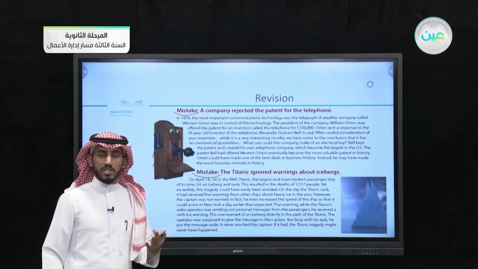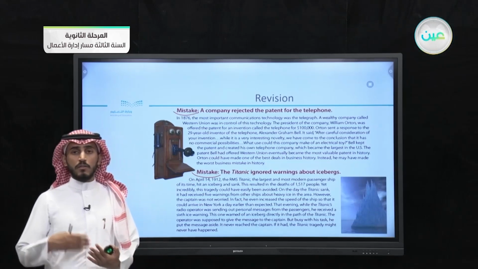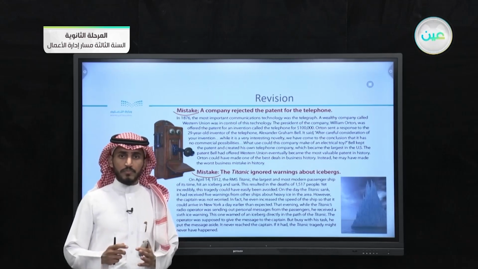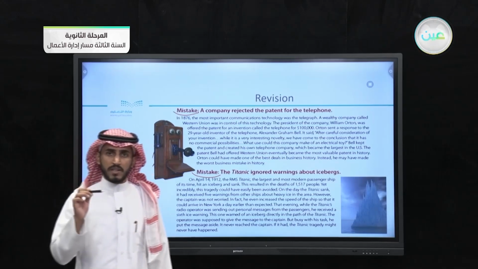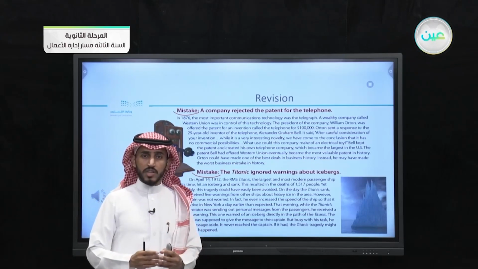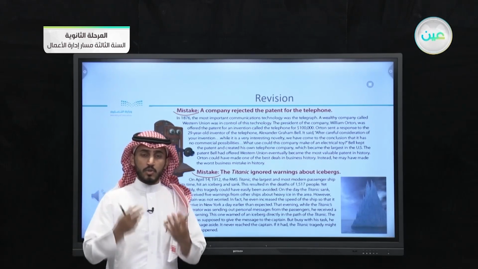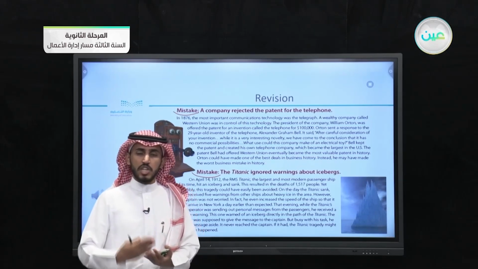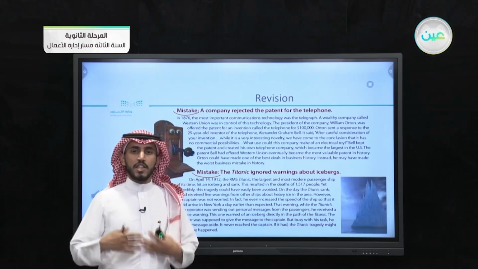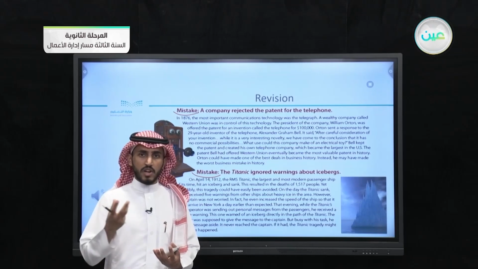We will listen to these mistakes 2 times, and after that, we will do the quick check together. All I want you to do right now is pick up your pens, listen carefully to the audio recordings so you understand, or you will learn how to pronounce each word properly, and also you learn the new words once you hear them from within the context.